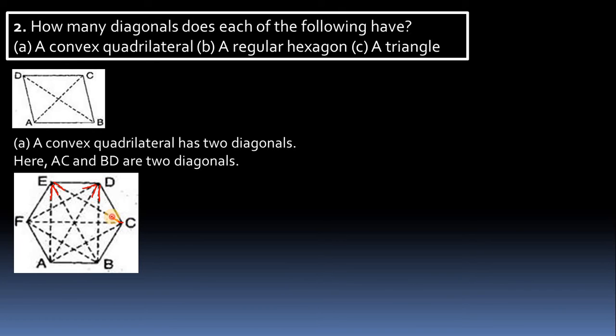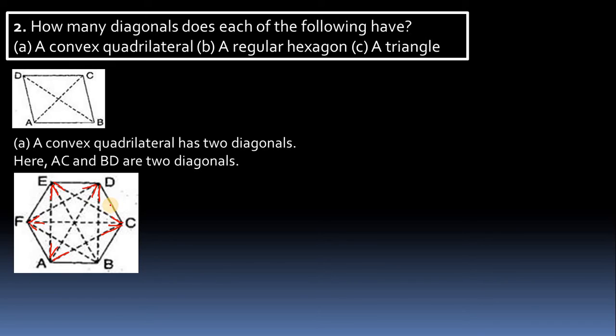If you consider this one, 1, 2, 3. So here it is joining. Some vertices' diagonals are common also. Here also this one is common, here also common, here also it is common. In that case also this is common, it is coming from D. So if you count carefully, it will be 9.